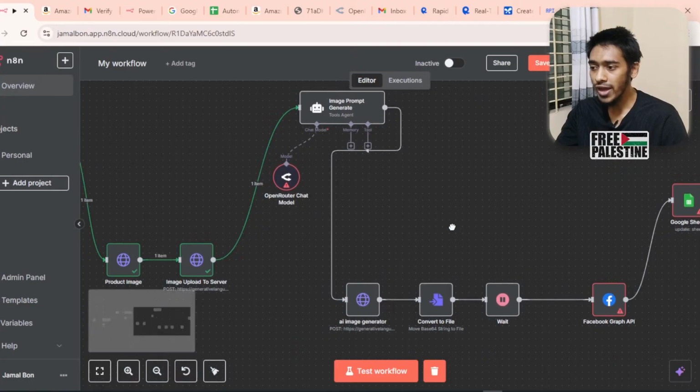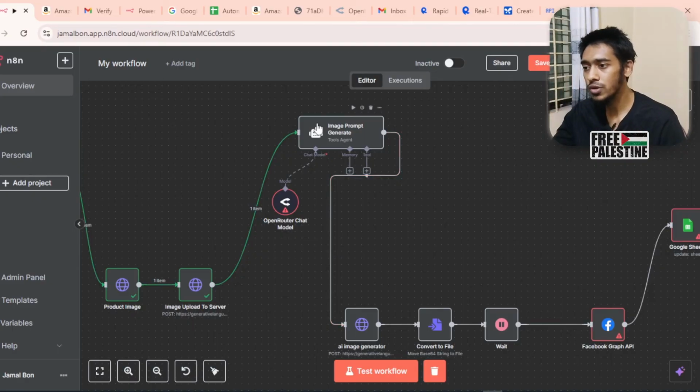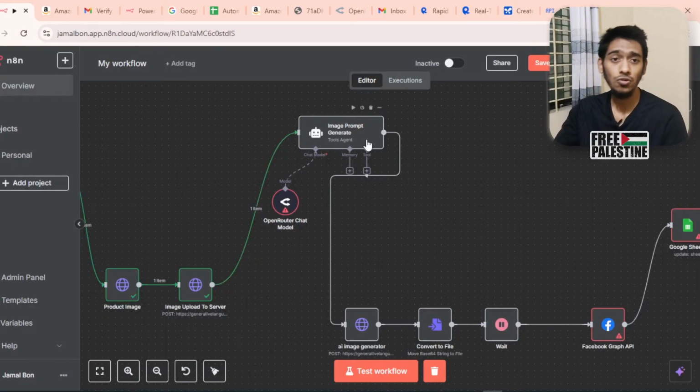So right now we have to do something again, which is based on the image we have to create a prompt. So what you have to do is, obviously, as you know, I had uploaded the image on the server first, and the second thing is I have to give a prompt, which can be anything in the prompt section. So right now we have to give the prompt. So the prompt will be